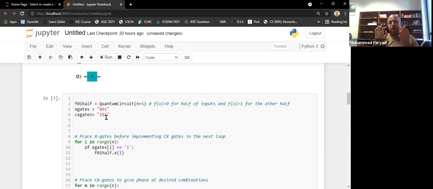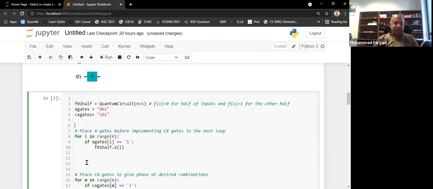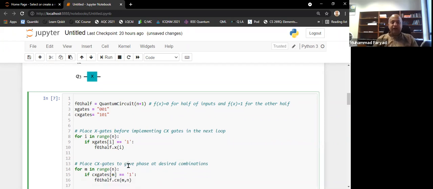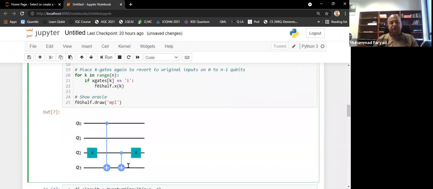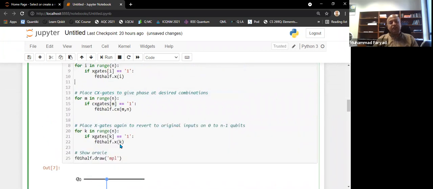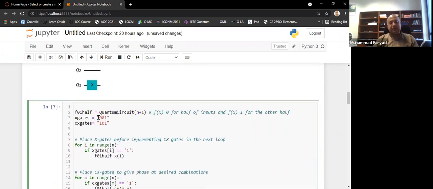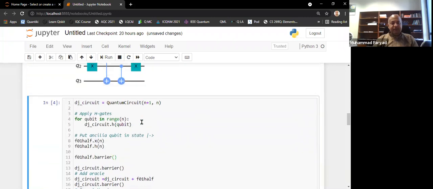You can just encode directly. You can apply this CX on these 2 qubits, and this CX over here, and this X over there, etc. But this is a little bit of a nicer way, and also scalable very easily, because if you have to make a circuit for 10 qubits, it's much easier to define these strings for X gates and control X gates, and say, okay, you need a control X gate at this place, and an X gate at this place,